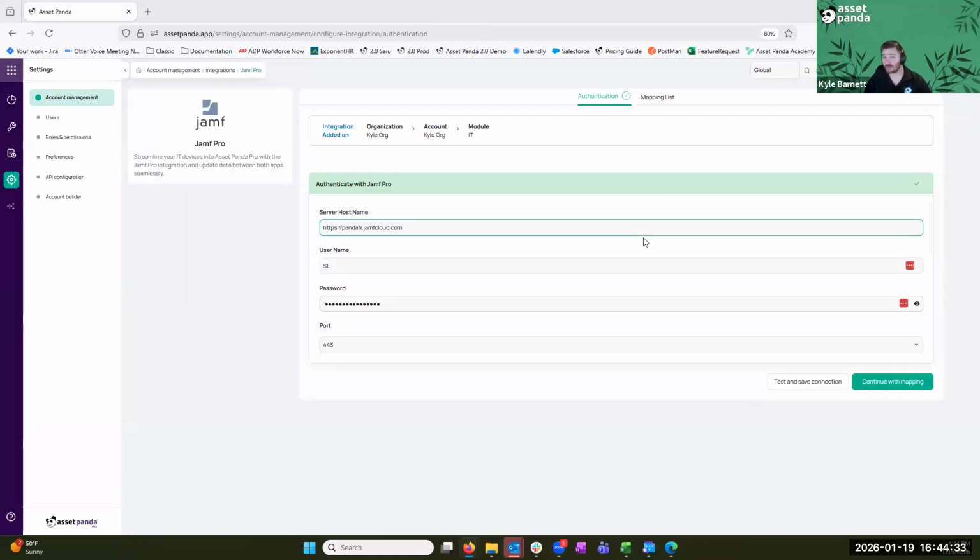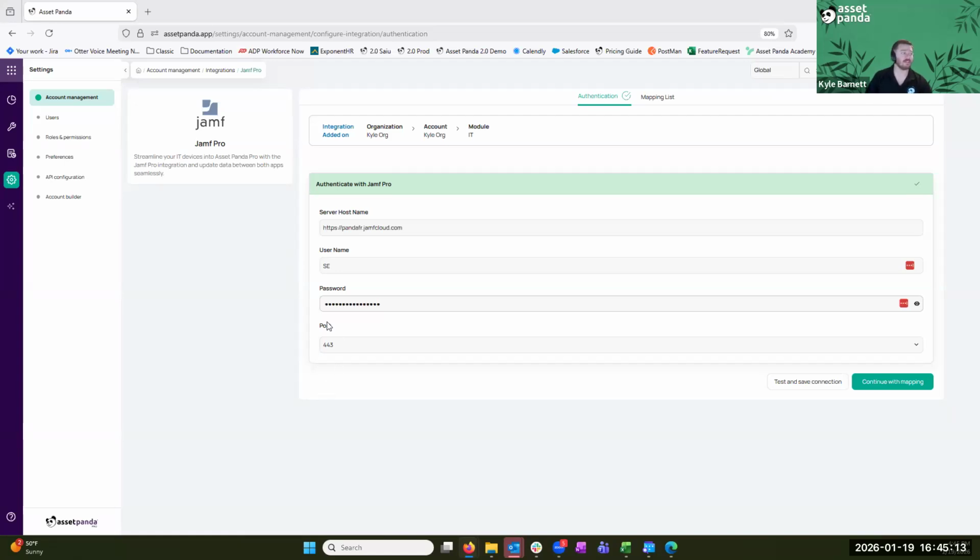Now it's going to ask me to input some data. First and foremost, we do need the URL for the Jamf Pro account that you are utilizing. So pull that URL and paste it in here. Then you do want to set up a user profile. Now you can absolutely utilize an admin user, or you can create a user specifically for this. What we do need is the ability to read the information, mainly that device information. So if you do set up your own user for it, please make sure that user has at the very minimum read capability for your devices, whether that's both the computer and the mobile. And I also recommend the users and/or departments, anything else you might want us to pull over.